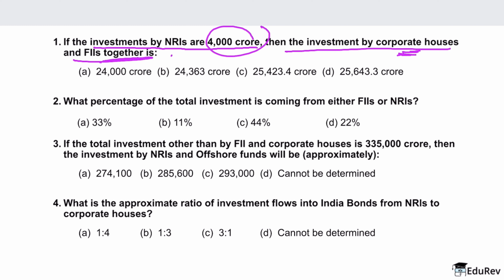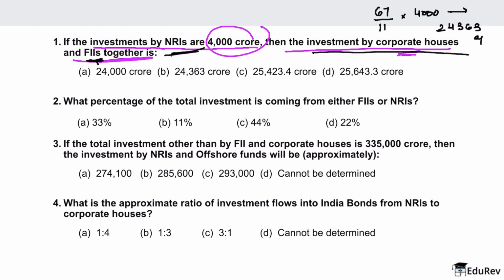So if I want to find this, what should I do? Can I divide 67 by 11 into 4000? Because this is exactly what we need to calculate. Correct. So I think you people are understanding this because this is oral, right? Because for NRIs it was 11, and for investment by corporate houses and FIIs together it is 67. So 67 by 11 into 4000 is going to be nothing but